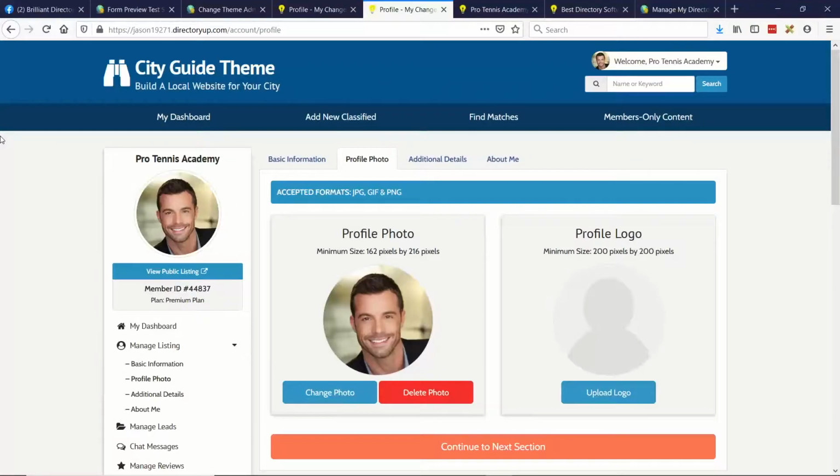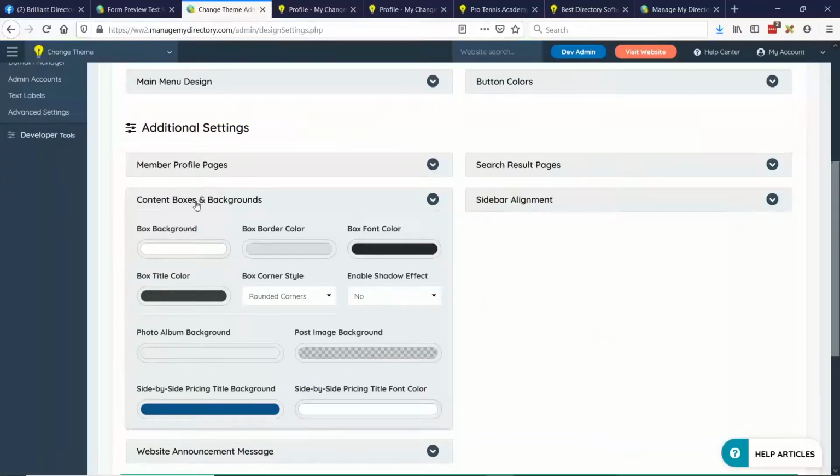So again, it's very subtle, kind of lifts some of these content boxes a little bit off the page. Just a little before and after. That's before. That's after. Again, very subtle. It'll just add a little light shadow behind some of these boxes. And it just depends what type of aesthetic you're looking for.